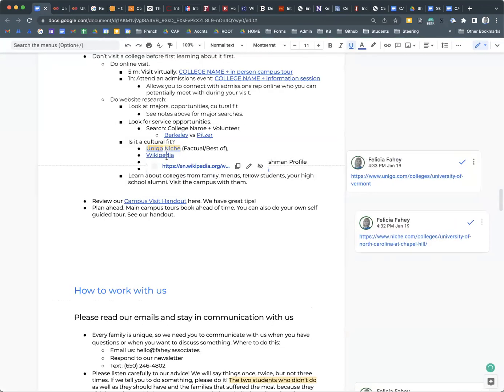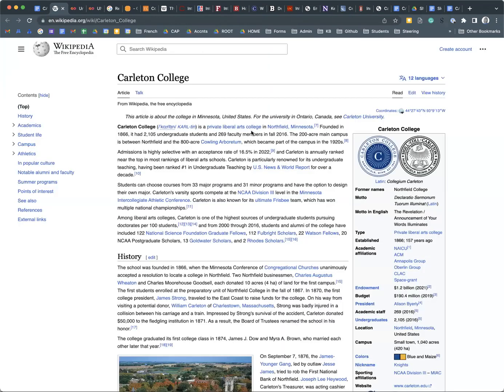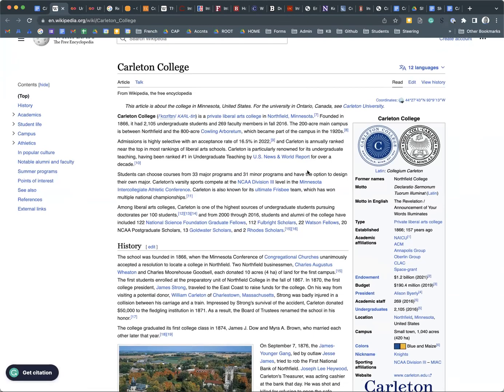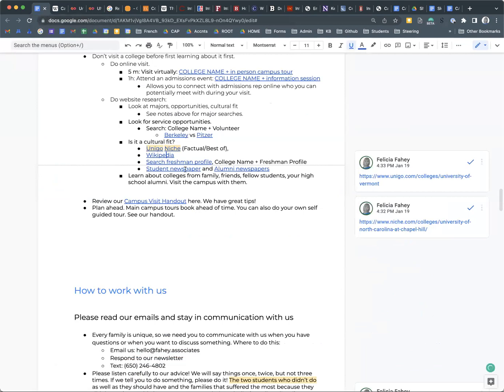Other websites that I like a lot are Wikipedia, especially since a lot of students love history. Great place to learn about the history of a school. Some of the colleges, you'll be surprised to find out they were religious. Some of them you'll find out they were opened in, this one, Carleton, was opened in 1866. Many of these small liberal arts colleges have been around for over 150 years. So it's pretty cool. If you like history, it'll tell you who the notable alumni and faculty are. There's a whole bunch of cool, typical encyclopedic facts in there.